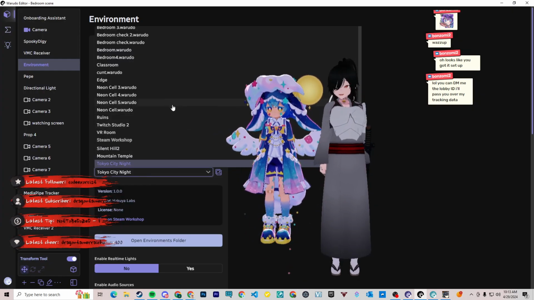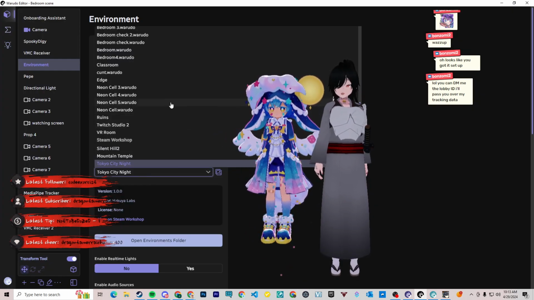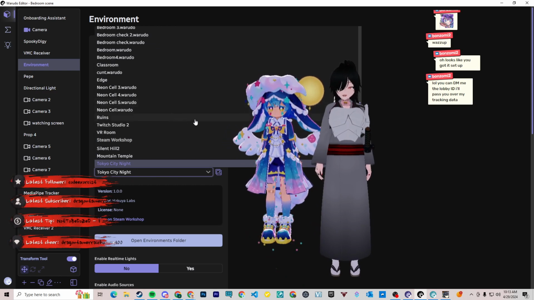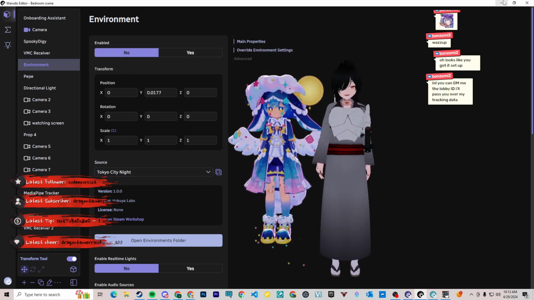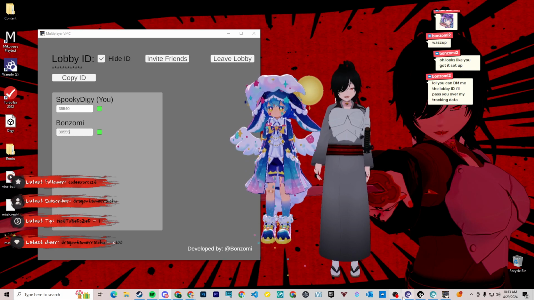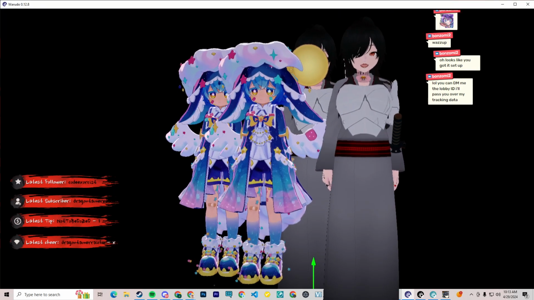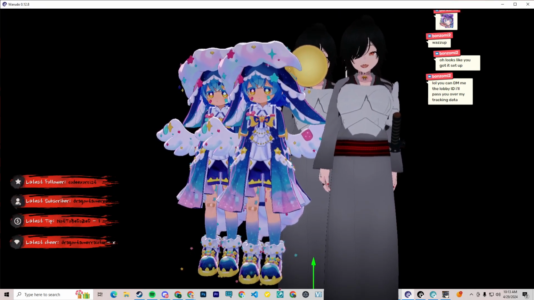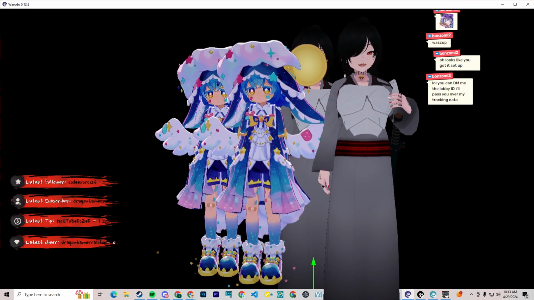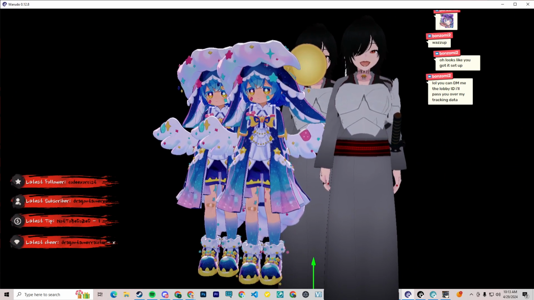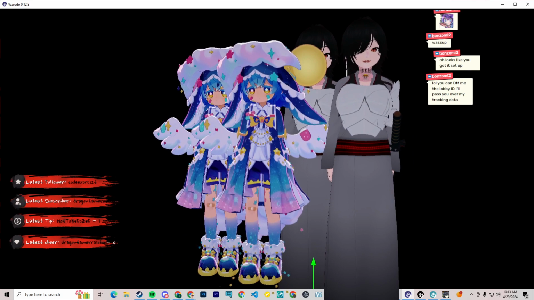If you see me blinking. Really? That's cool. Yeah, because I got my blend shapes working. I was curious about that, if it carried over. Does it? I don't know. It can. If I open up my mouth, can you see my mouth open? I'm seeing your mouth open, but I don't see my mouth open on your side.